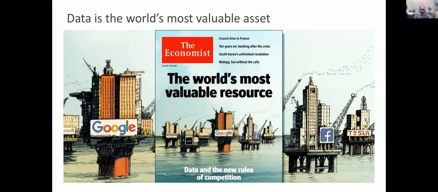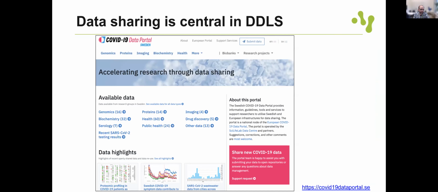And in data-driven life science, high effort will be directed towards both managing data and working with data. And it's already prioritized today at SciLifeLab. Data sharing is a very central component at SciLifeLab right now, and it will be even more so in the